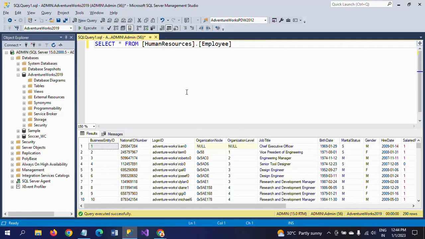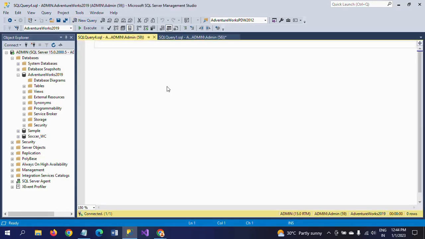First we will see the first method, that is how to calculate the percentage on variables after declaring the variables. I'm taking a new query here. First I'm declaring the variables. Declare. So I'm declaring my variable first,